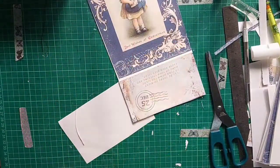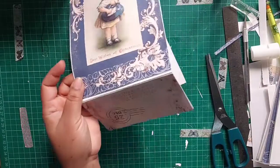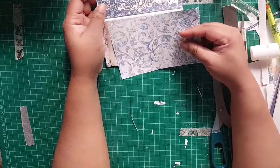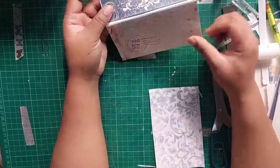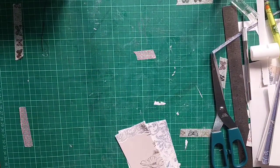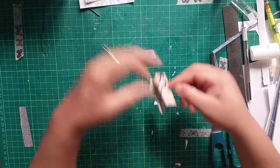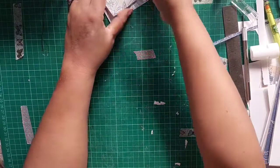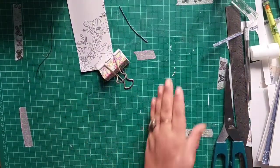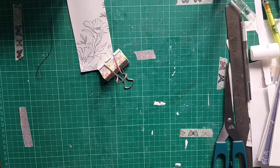Now remember one thing, when you're putting the pocket down, just don't put it upside down if you have a directional pattern, or if you have something like this. This is from my cool toned one. It doesn't matter which way you put it, and I'll show you how you can use those in pockets also. So I have some scraps that I'm going to keep aside. So what I usually do is, now I'm letting you in on all my secrets. This is not a scrap, this is going to be used up. So this is how I clip the scraps on one side,